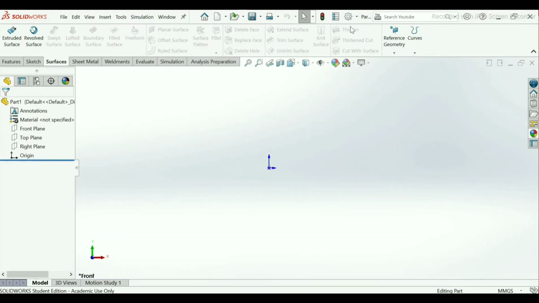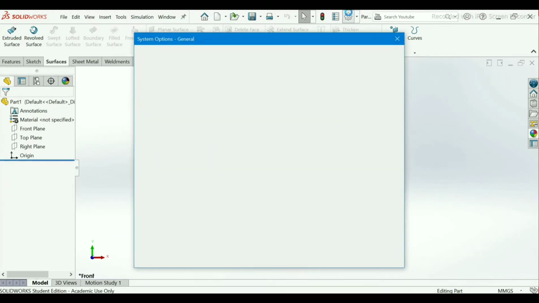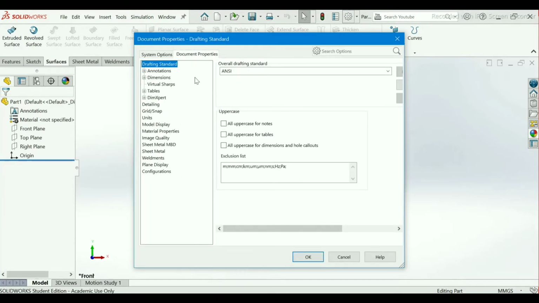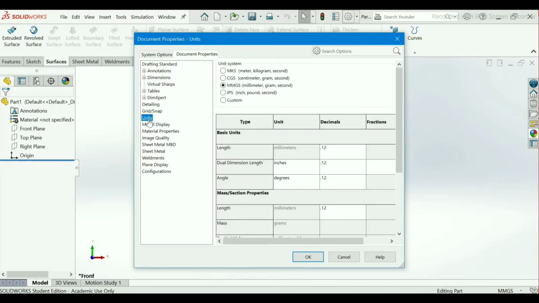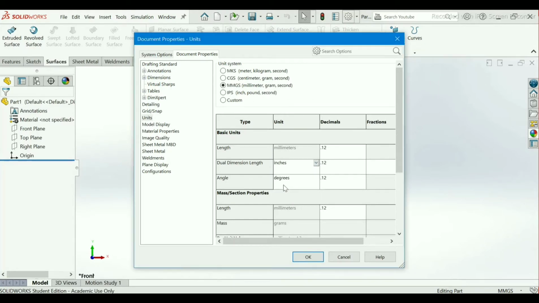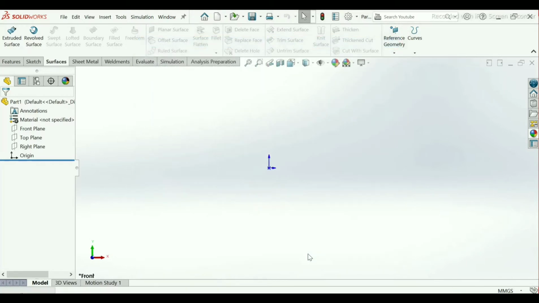Now here first go to settings, document properties, units, take millimeter gram second only, choose this only. Click OK.